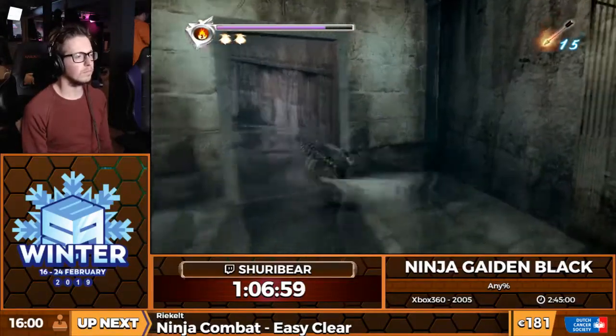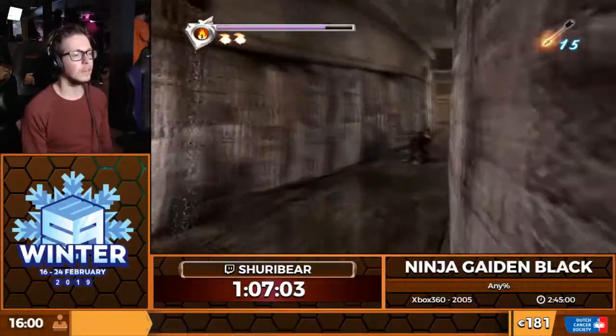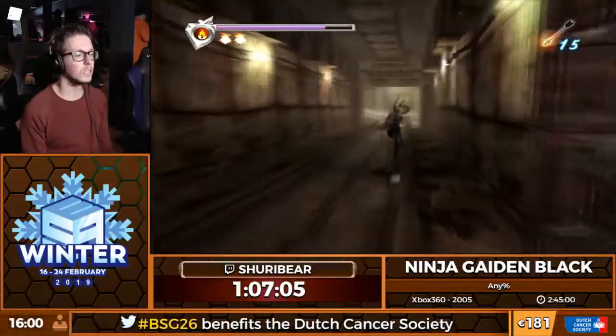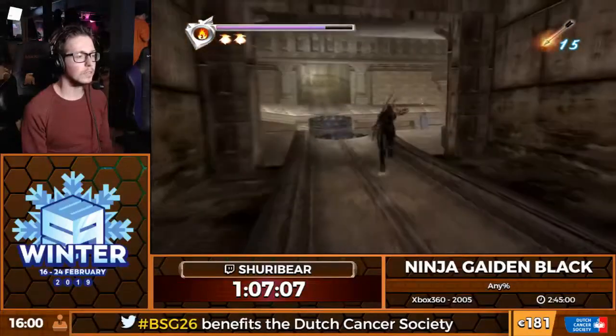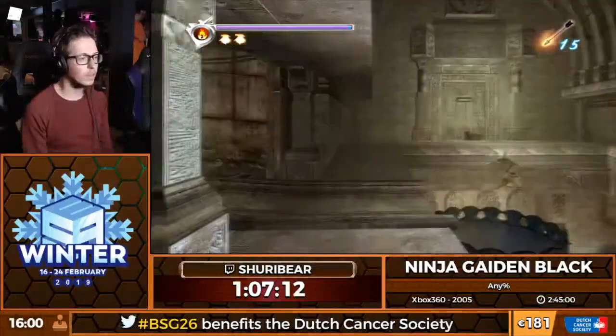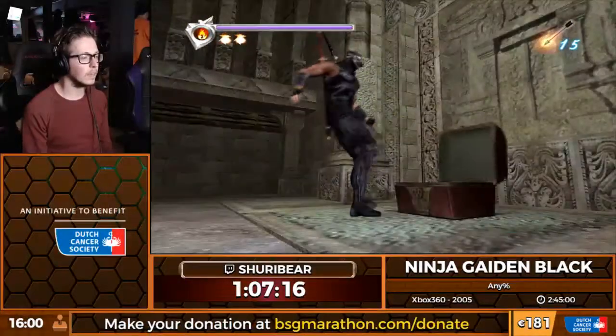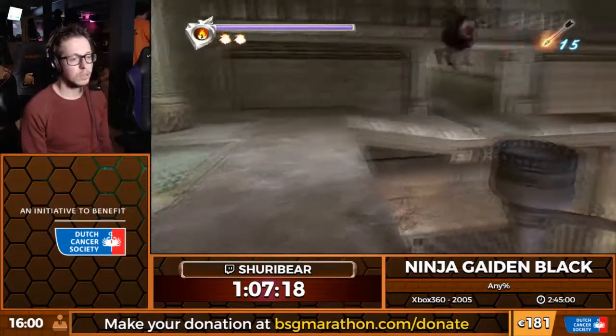But there's something in here that I care a lot about, which is the chest on the right, which gives us a lot of money and refills everything. It's one of the reasons we can easily kill upcoming bosses, because